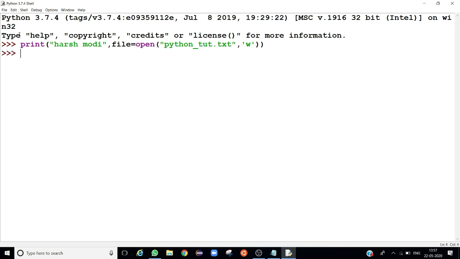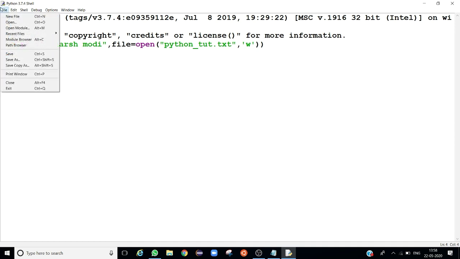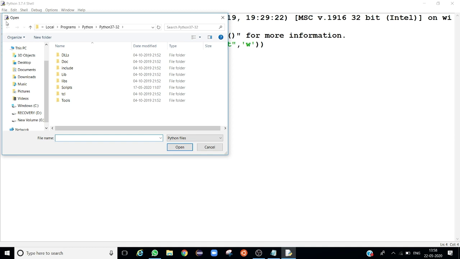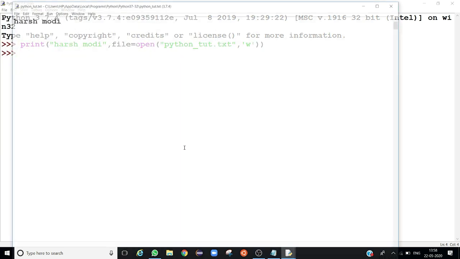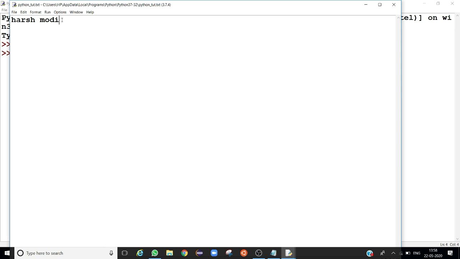So if we see the python tut.txt file in our shell, we have to open python tut.txt file and open it. You can see hers smoothie is written in our file.